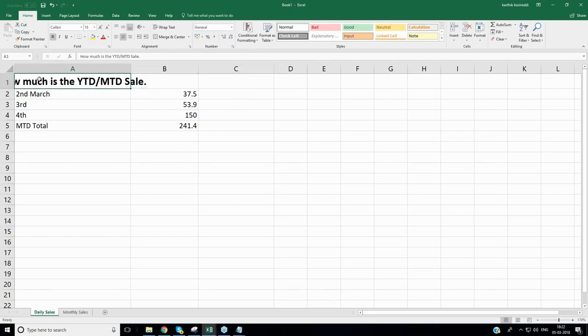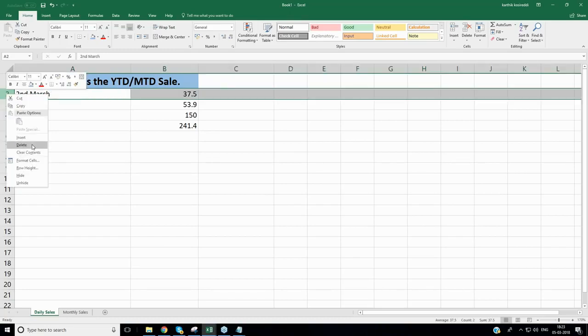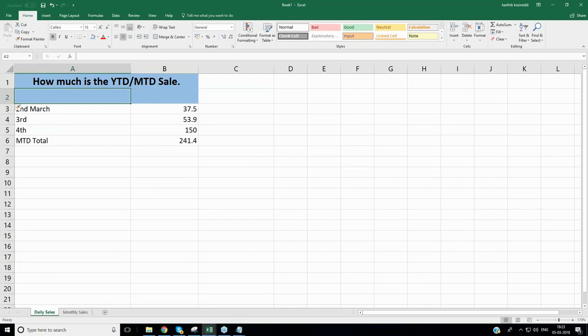Now, is this visible, team? What happened? It's gone to the left. Let me change the color of this. Hey, what? I merged this. Let me try again. Now it's nice. And this is 2nd March, 3rd March. So, insert, I will say date, March.